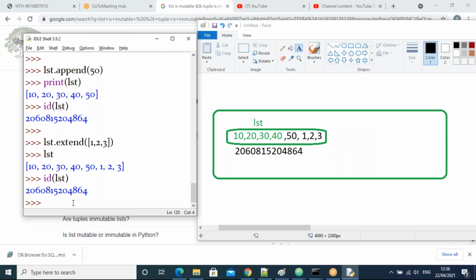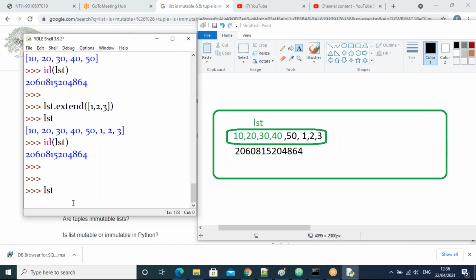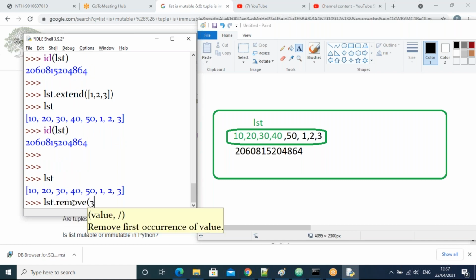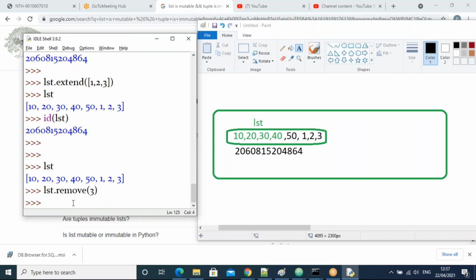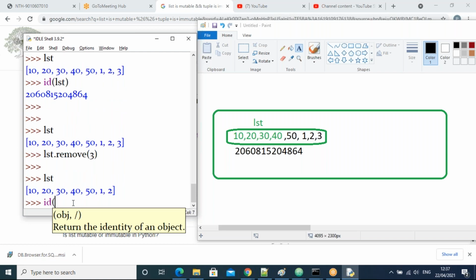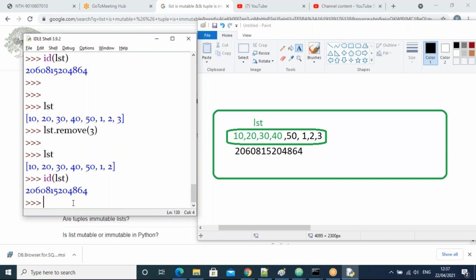Now I'll remove values, guys. Now this LST, LST dot remove of 3. Will the 3 be removed or not? What is LST? Yes, 3 is not there. After modifying, check the address again. Again, the same address, guys. Even though the 3 is removed, the same address is still there.